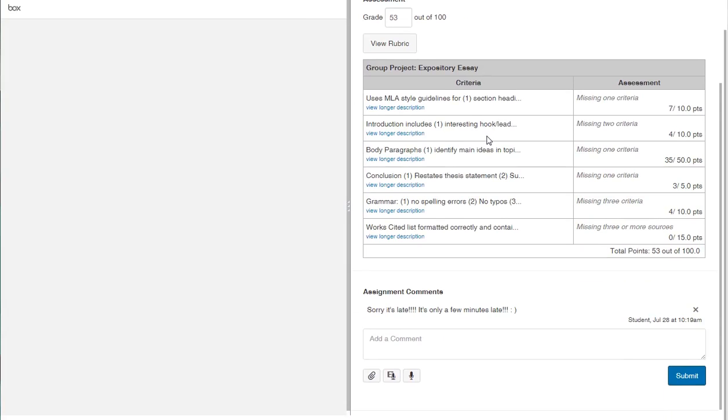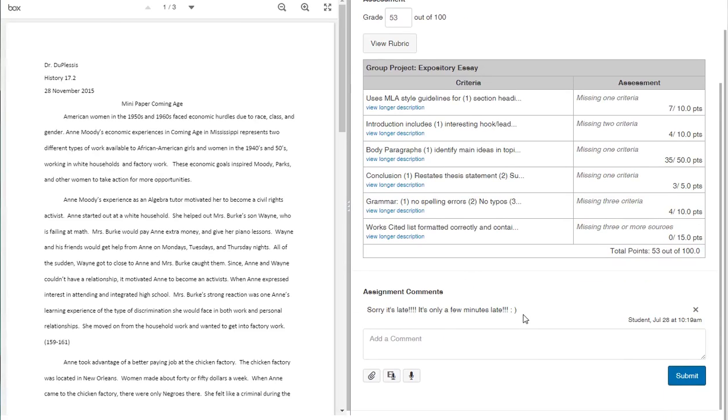And then scrolling down, I can add in comments. I see the student left me a comment here saying, sorry it's late. Here I've typed in a comment for the student, and I must click Submit in order for the student to